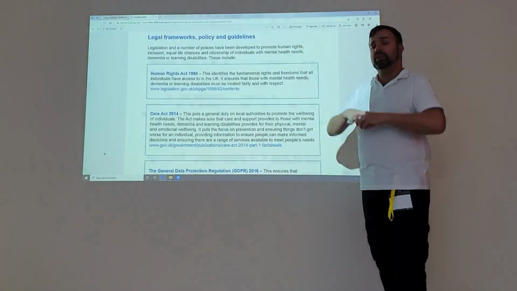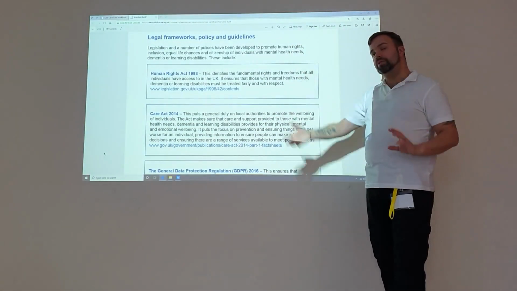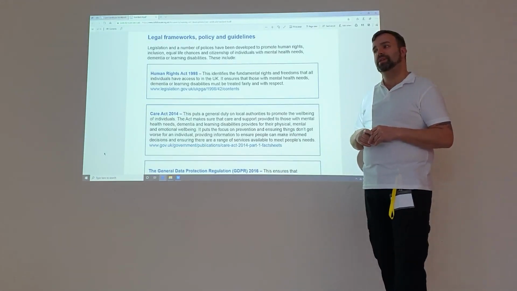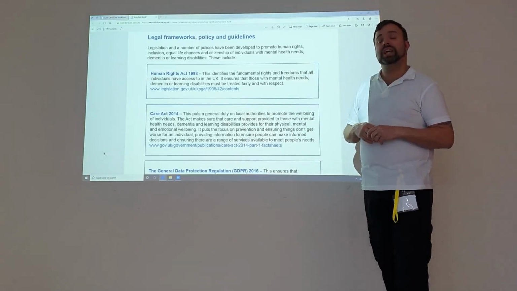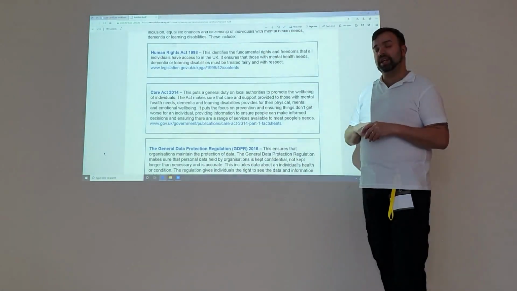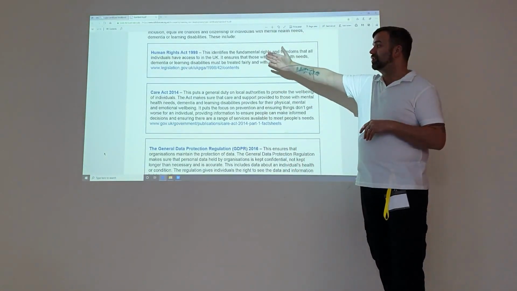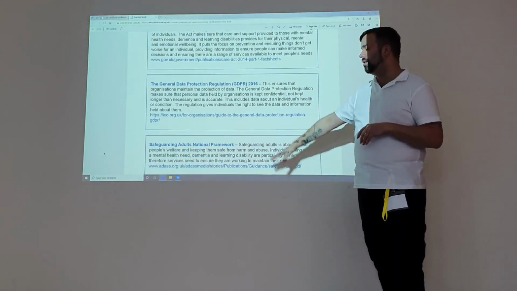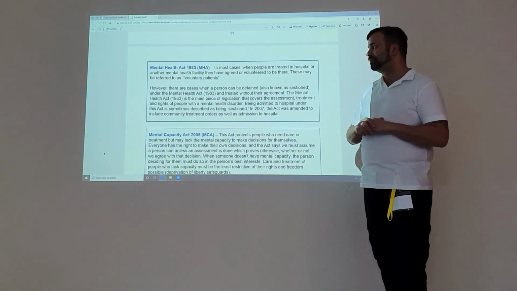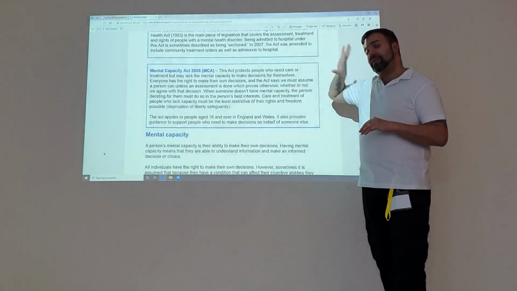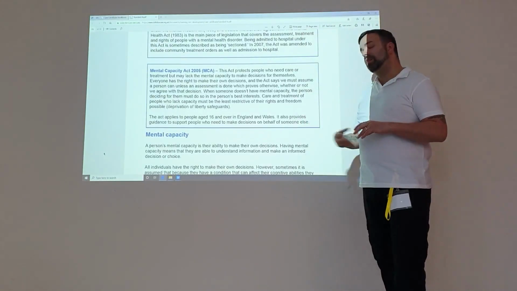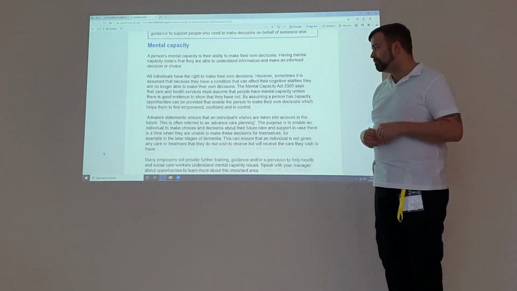We're aware that there's the legal framework around all of this, so we have a whole set of legislation in law protecting people with mental health and learning disabilities and dementia, and your company should have a series of policies and guidelines for you to read. Again, same laws and legislations we've seen throughout the other modules, such as human rights, the Care Act, GDPR, safeguarding, and the fundamental care standards. We also have legislation now around mental health. So we have the Mental Health Act, the Mental Capacity Act, and we start to now look at what capacity is.